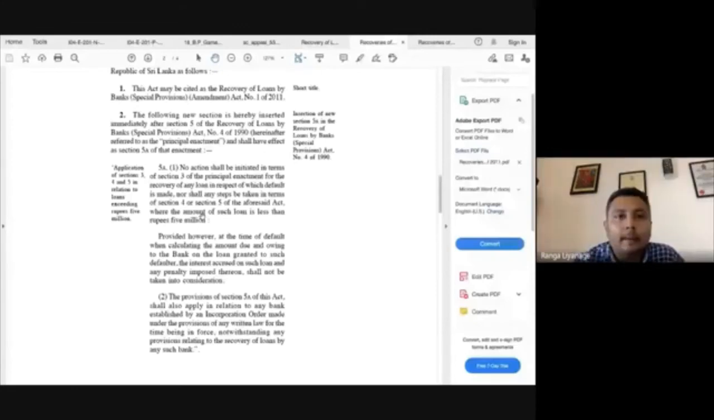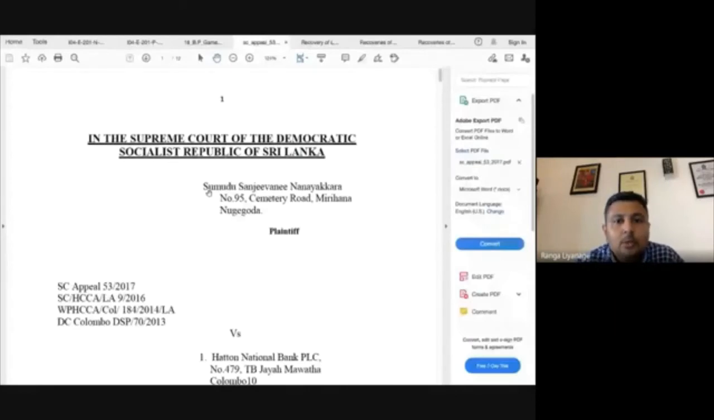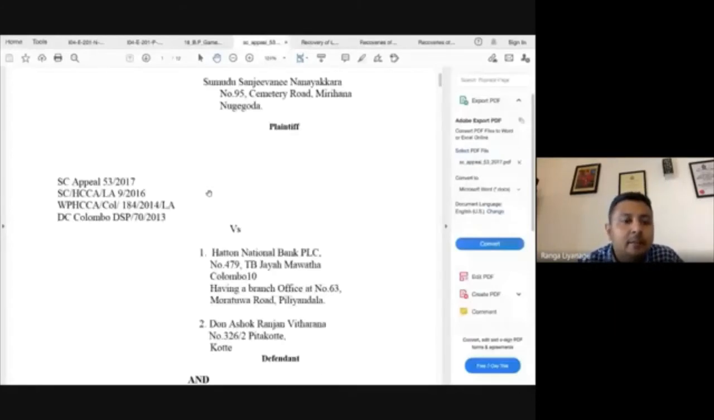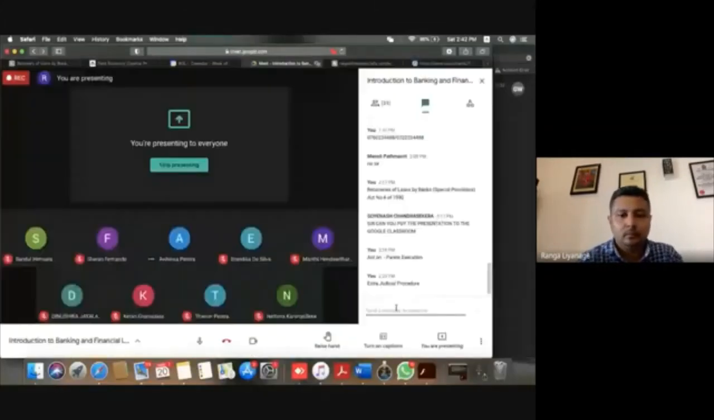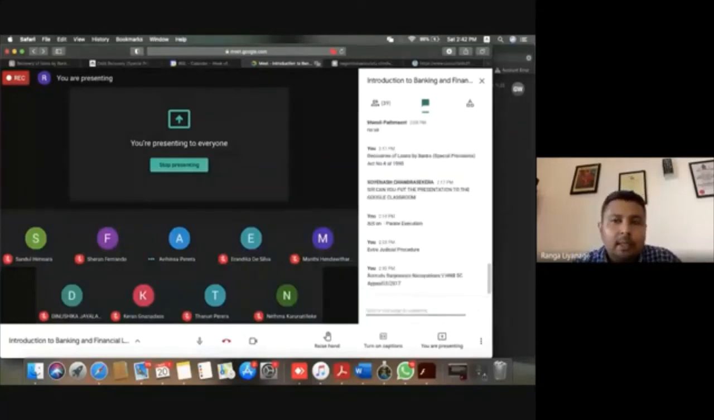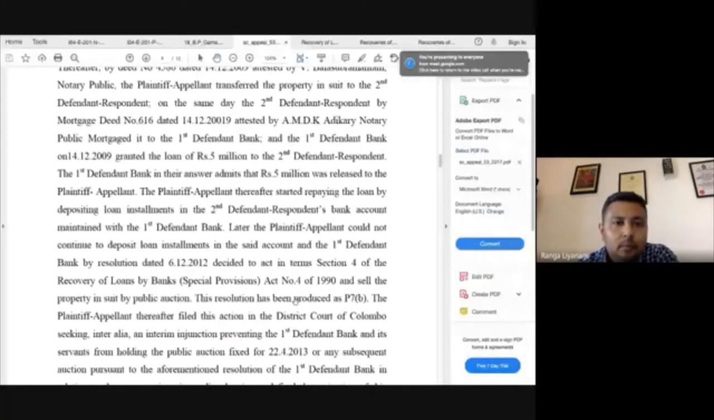In the case of Sumudu Sanjeevani Nanayakar versus Hatton National Bank, SC Appeal 53 of 2017. The court held that, right? Court held that